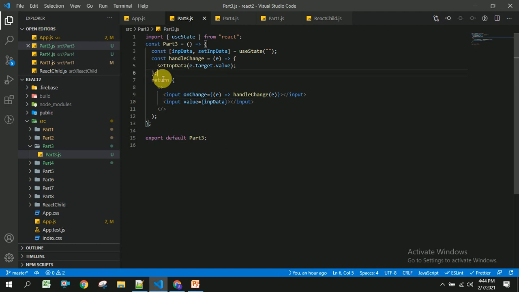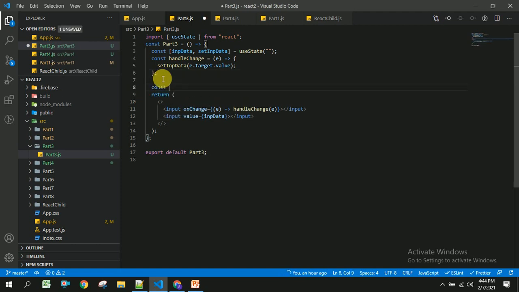For that, let us take some array or initial state equal to, here I am going to create one array which consists of an object with id as 1 and value as option 1, and I am going to take another object with id as 2 and value as option 2.